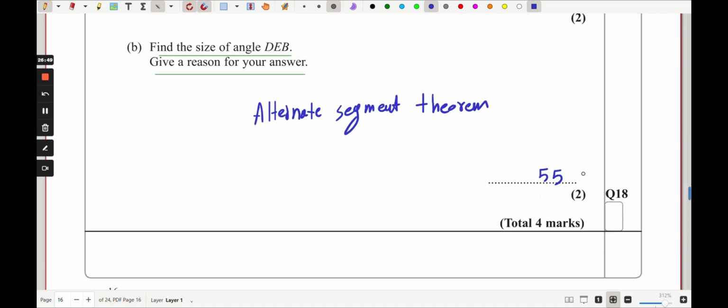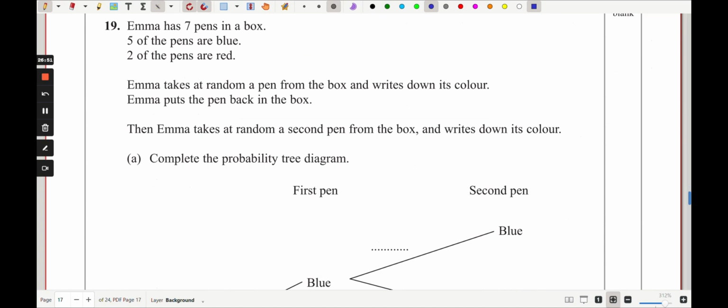Question 19. Emma has 7 pens in a box. 5 of the pens are blue, 2 of the pens are red. Emma takes at random a pen from the box and writes down its color. Emma puts the pen back in the box. Then Emma takes at random a second pen from the box and writes down its color. Complete the probability tree. So what we know here is we have a box, and in this box we have 5